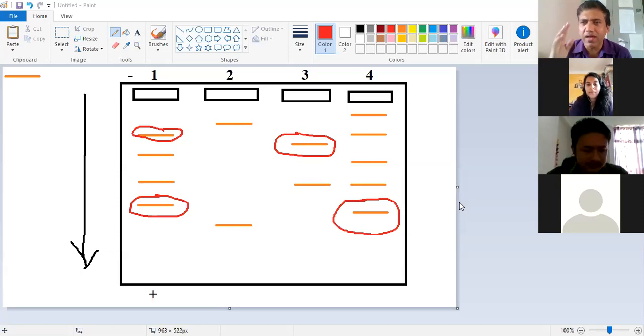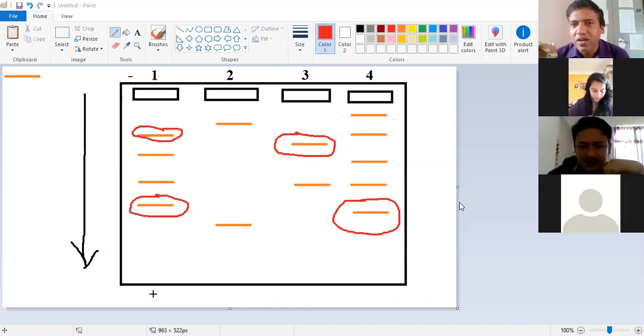Everybody has got their laptops? I don't know, because you went home very quickly on very short notice. Have you taken your laptops with you, or is it not there with you? Yes, sir, everybody has their own computers. Okay, fine. No, sir, I don't have. Okay, you don't have. If possible, try to manage from somebody.